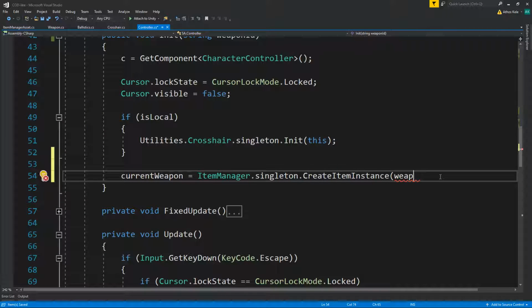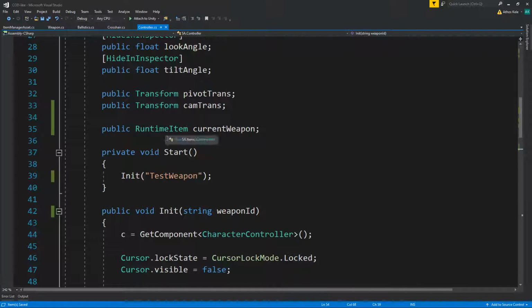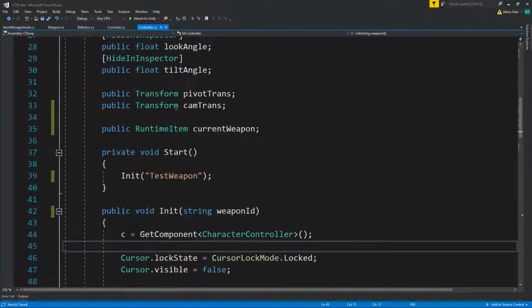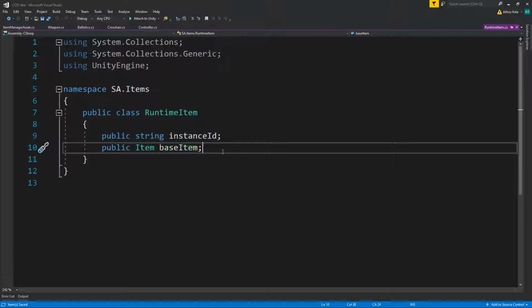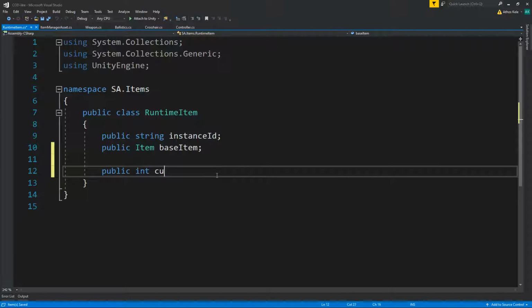Get item instance, where now we're going to be passing the weapon ID. Okay, so far it's not much happening, but we do have a runtime item with an instance ID, which means each player will have his own weapon and it will refer to the base, and we will have access to the base item, which also means we can actually say current bullets in here,